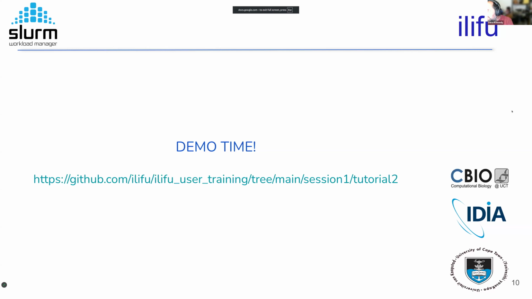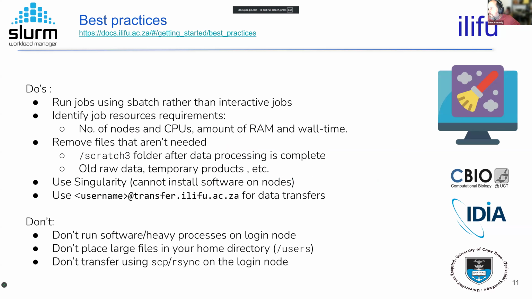Back to the slides. I just want to highlight again a few of the do's and don'ts. So remember to use sbatch for running jobs rather than accidentally just running your commands straight on our login node. It's important to accurately describe your resources for your jobs, number of nodes and CPUs, as well as the RAM and wall time that you need. If you underspecify wall time, your job will get killed before it's done. And if you overspecify, it's not too bad, but it does sometimes mean your jobs will be slower to start